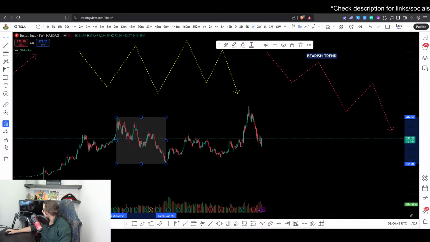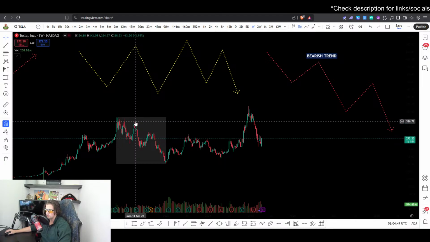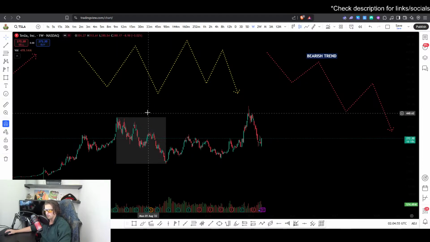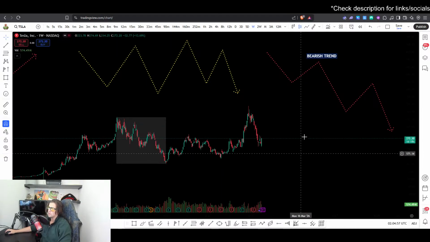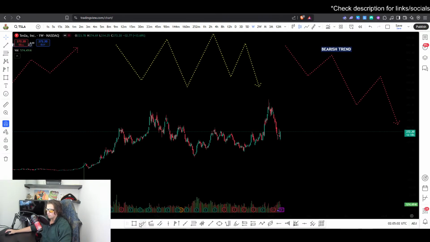Oh, whoops. Where'd it go? This area of price action where we have a high, low, lower high, lower low, lower high. And you can see that every single time it's just making this structure down, and it's never breaking the high and then going. And then we spoke about how we can have kind of a more rangy environment